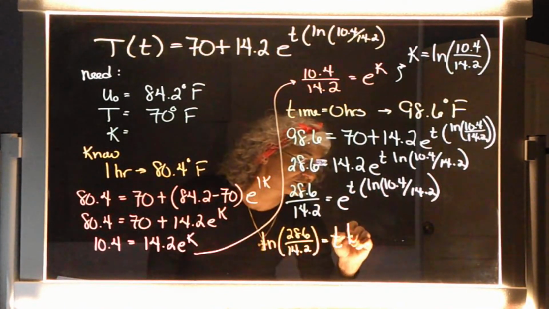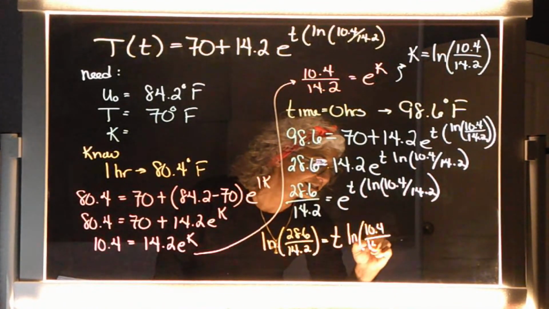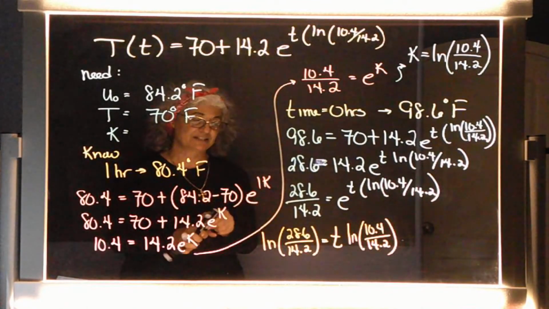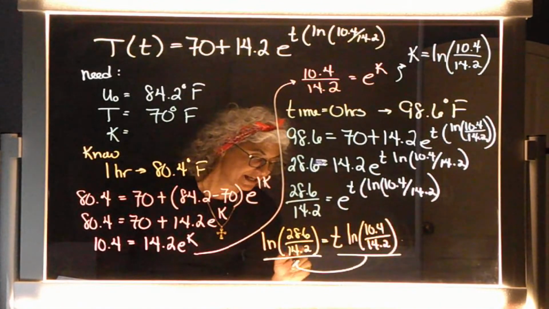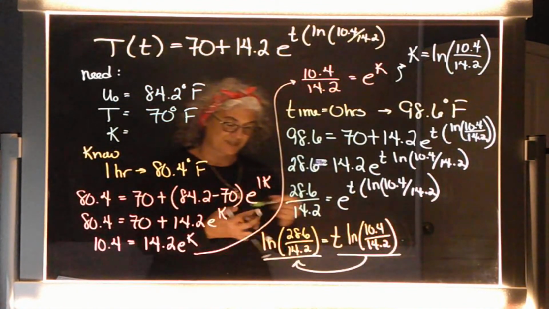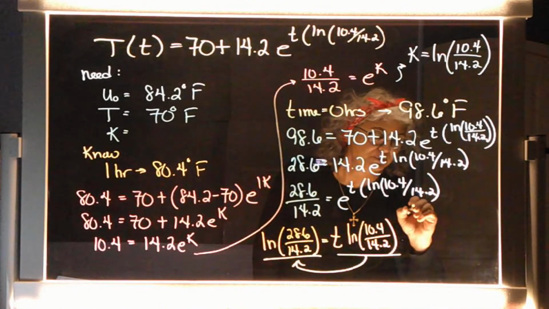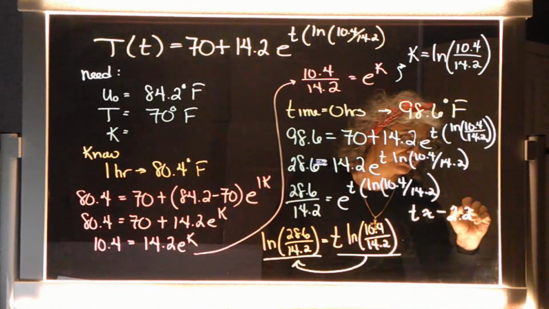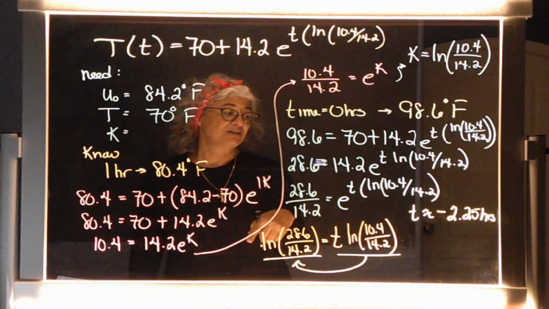And you can tell what you're going to have to do to get that t by itself, aren't you? Yeah, you're going to have to divide both sides by that natural log. And when you do that, you end up with t being approximately negative 2.25 hours,